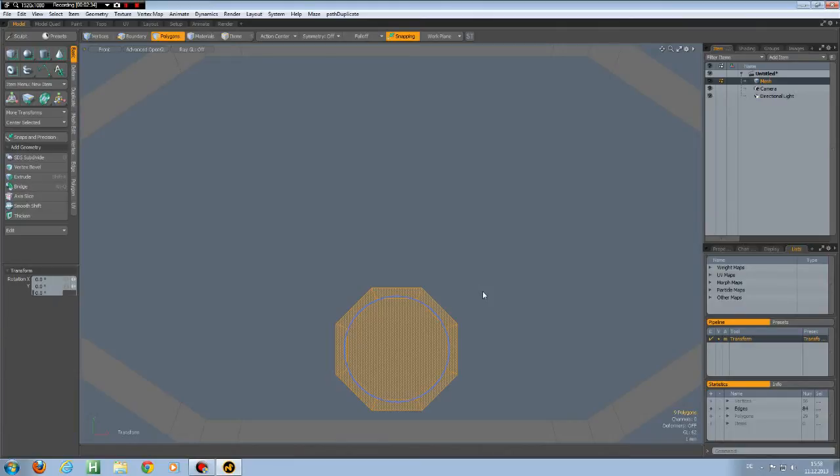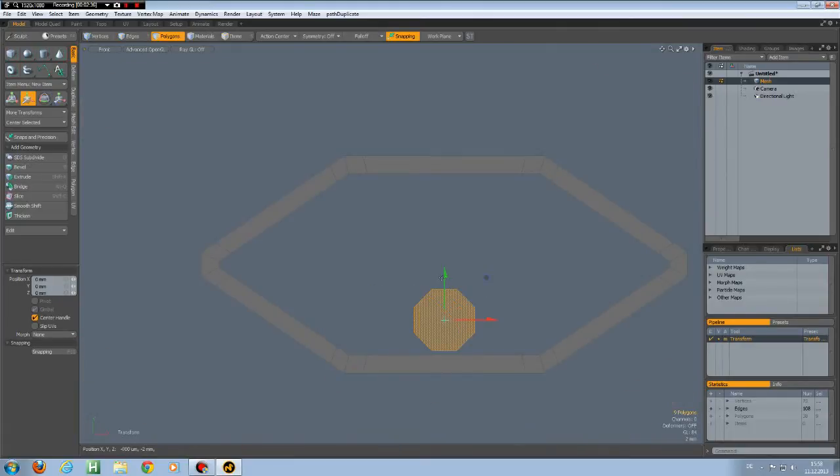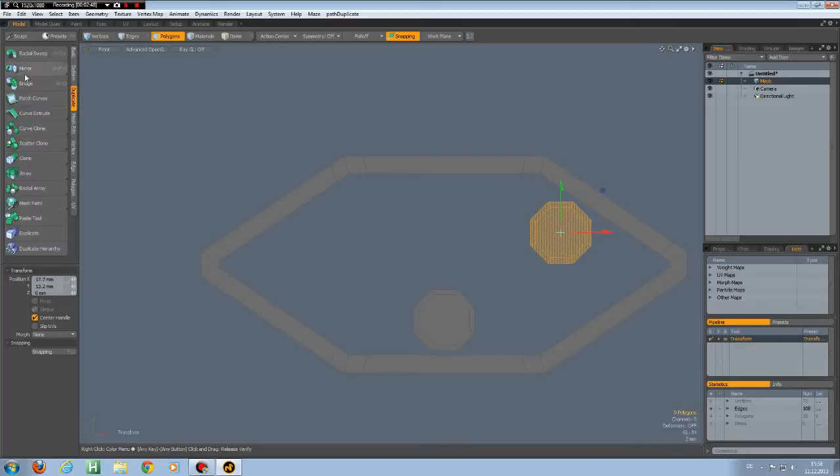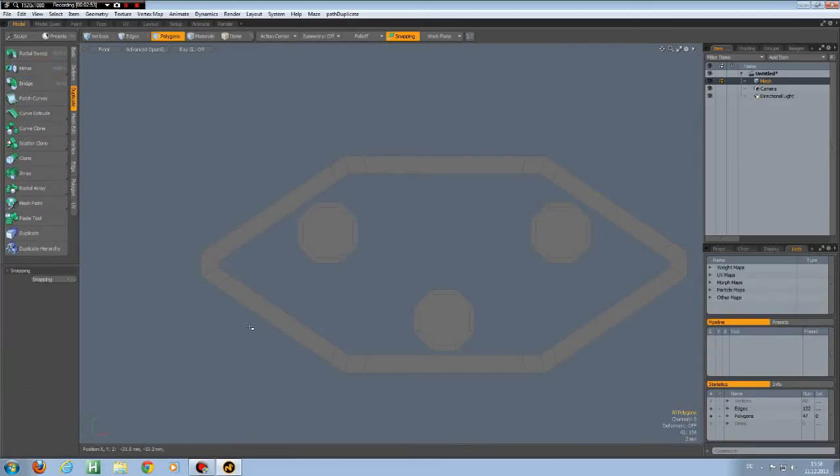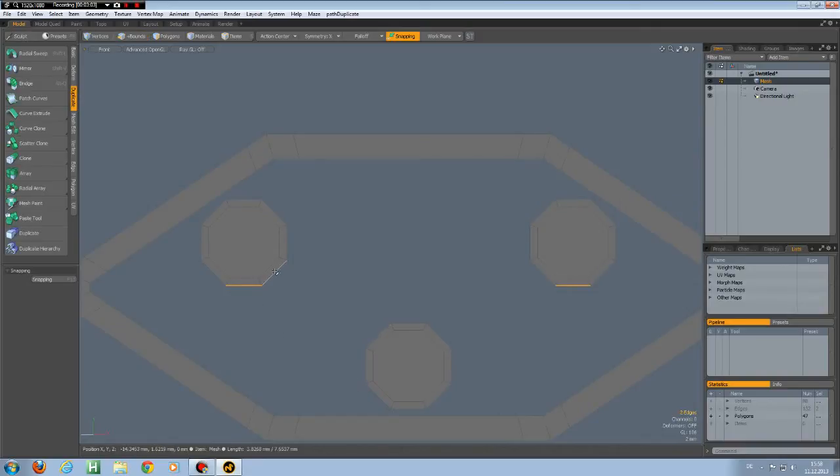Control copy, Control V, W key, bring it up till it is about in the half here, then bring it out to about here and go to duplicate, mirror over the X, apply. Yes. Back to symmetry on the X, then I select these edges and these ones and bridge,